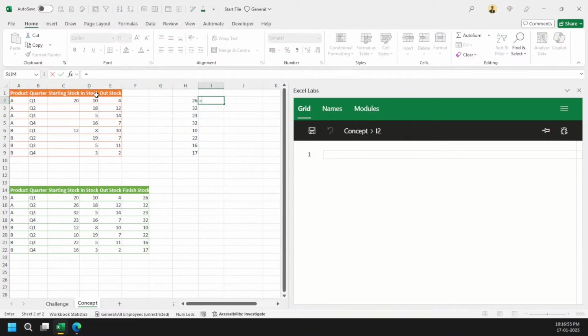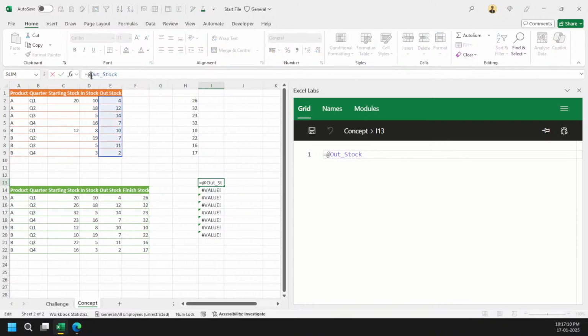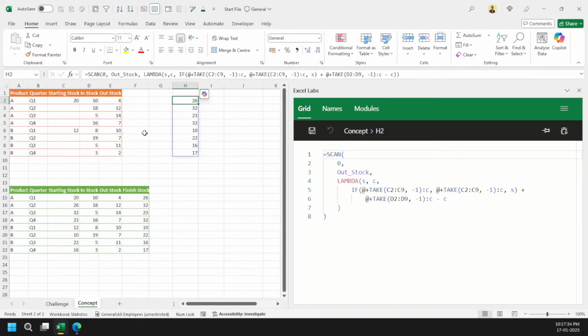So if I mention it in this way again, with the at the rate operator, the moment I do this, it will give me a value error. Got it? So that's the darkest side, because I am just using the at the rate operator. The moment I press the plus sign here, now it will convert it into a dynamic array format. Got it? And now everything will work perfectly. But the only limitation is that it will just grab the topmost value. Got it? So that's the only logic here.